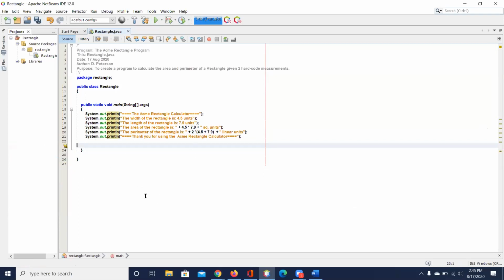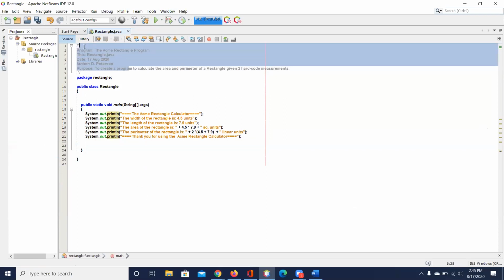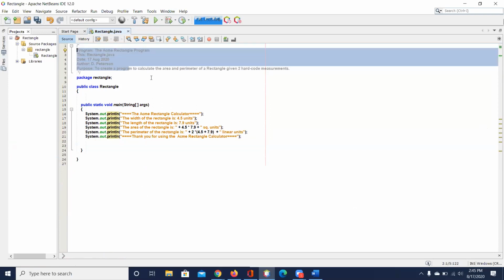So I did this. So my program's ready to be submitted. It runs good. I checked over it. The spelling's right. I've got my documentation. If I say you're missing your internal documentation, that means you're missing all this. Okay. So I'm going to hit save. And then I can actually close Java at this time.